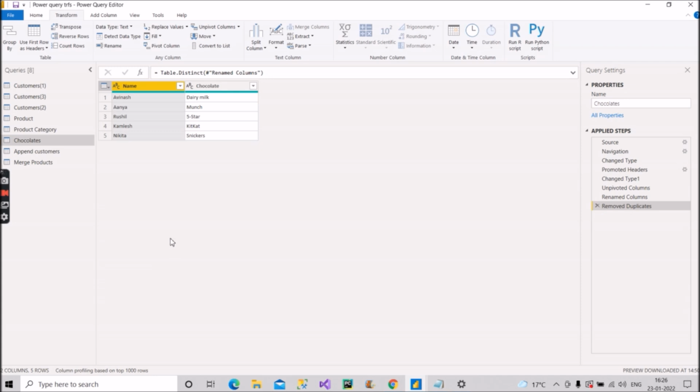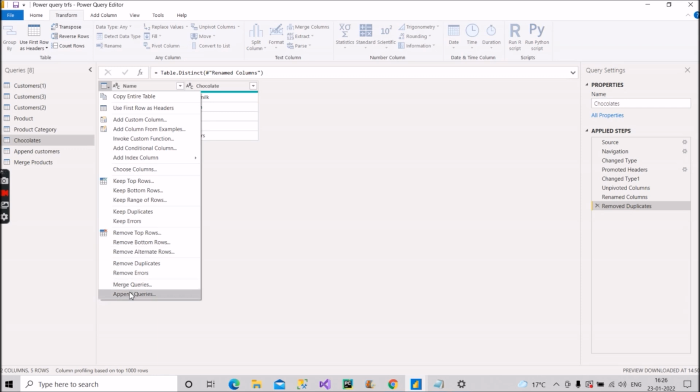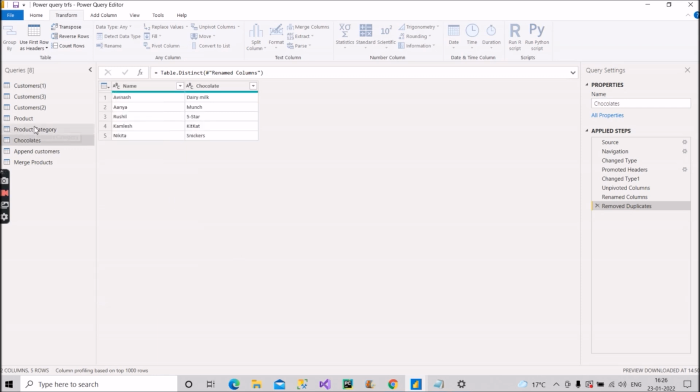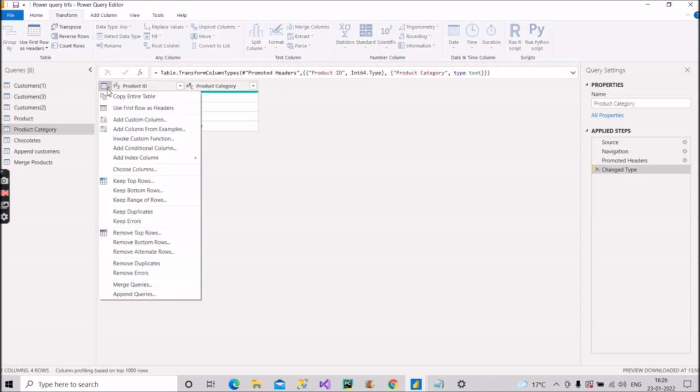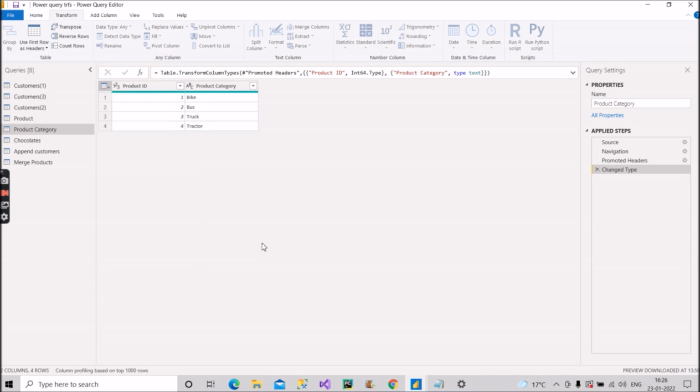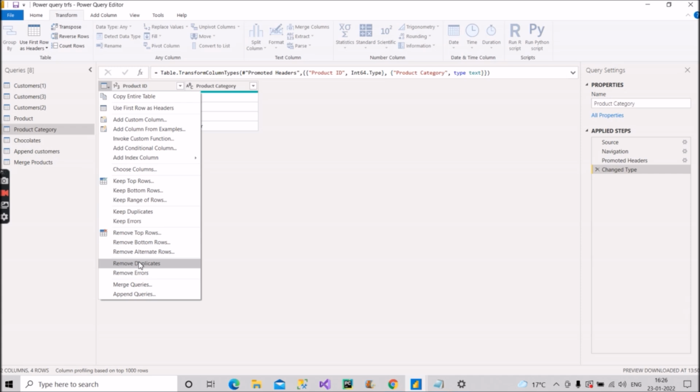Sometimes you might see that the remove duplicates option is not available for any table. Right now you can find it on every table here because we have the correct data, but sometimes this option of remove duplicates is not available if you click on this drop down. So the problem behind that will be the trim. If you would have not done the trim part correctly in the starting, you will not be able to have